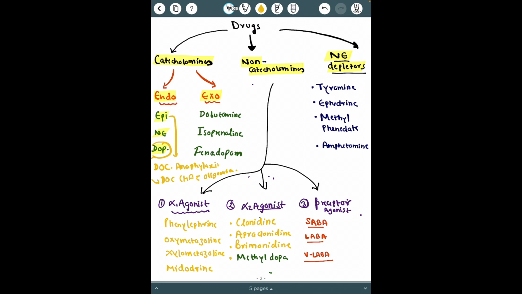Drug of choice for anaphylactic shock is epinephrine. These are the important points of endogenous. Now let us discuss the exogenous. Now in exogenous